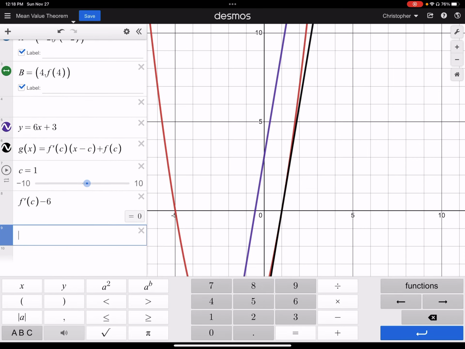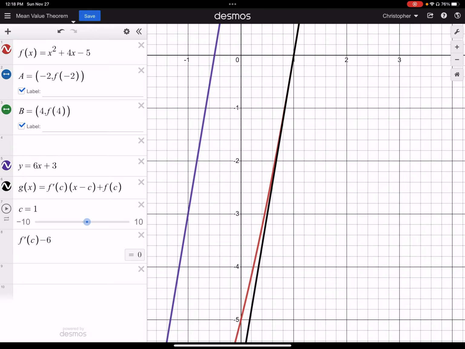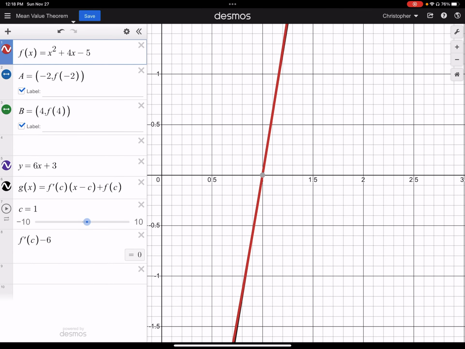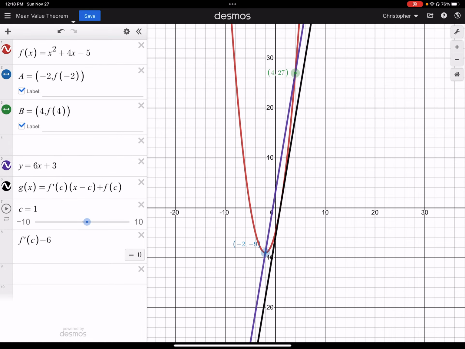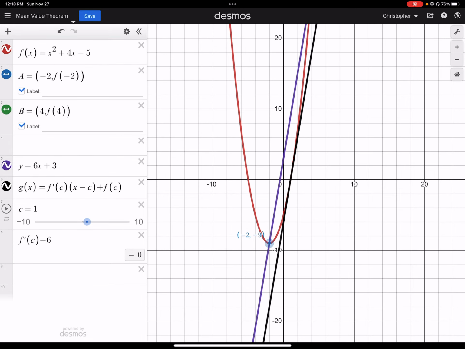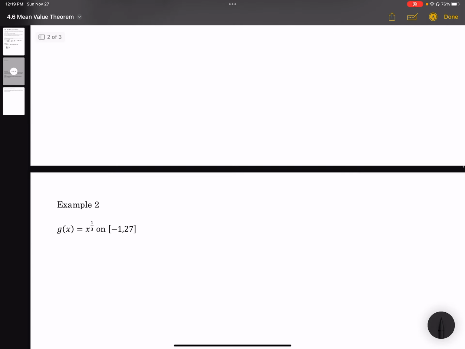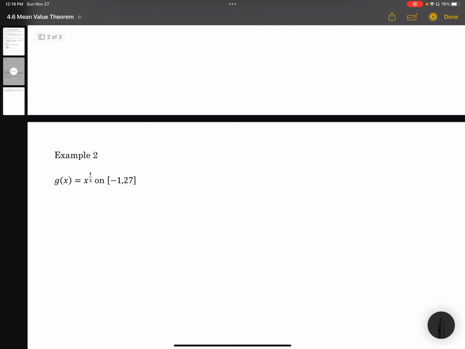And again, that's what the mean value theorem tells us, that somewhere on this interval, in this case it happens at x equals 1, the slope of the tangent line is exactly equal to the average rate of change. So again, that's the mean value theorem. Not a very difficult concept. So for example 2,